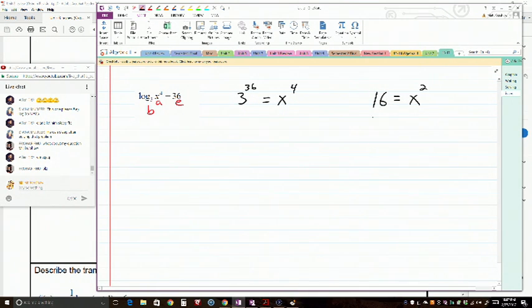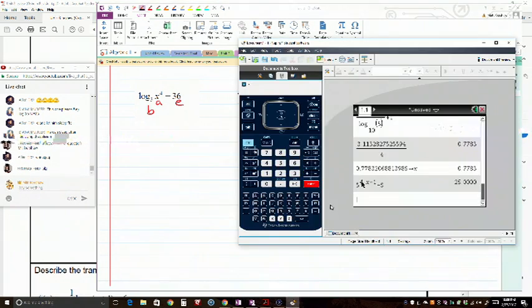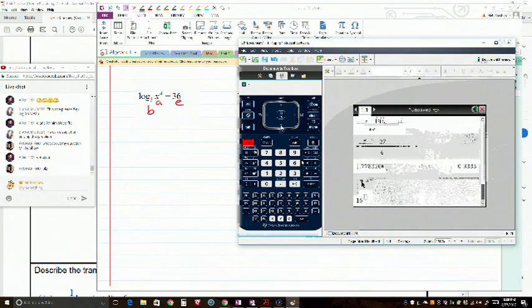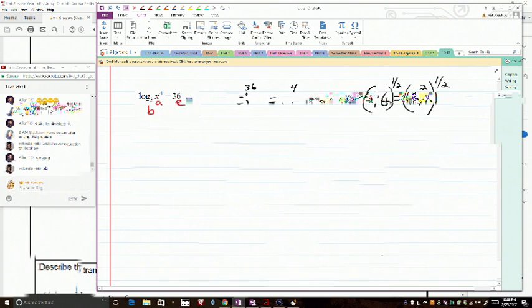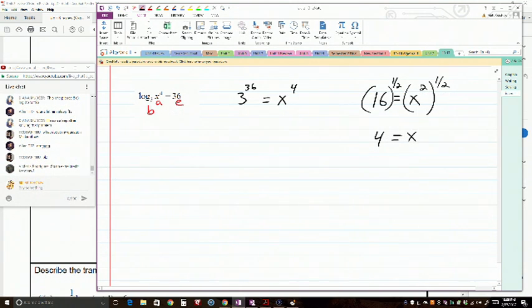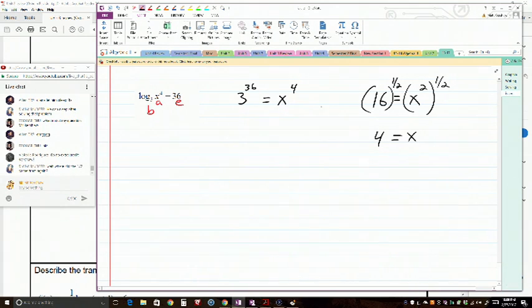So here we would square root both sides. Well, instead of a square root, it's to write it as 1/2. So remember, exponent of 1/2. And so I can raise both sides to 1/2. On your calculator, just in case you don't believe me, 16 to the 1/2. That's the same thing as square rooting, so it's 4. So I get 4 equals x, because 1/2 of 2 is 1. So raising x squared to 1/2 got rid of the 2. So if I want to get rid of the 4, I'm going to have